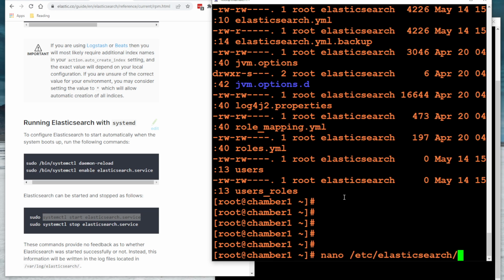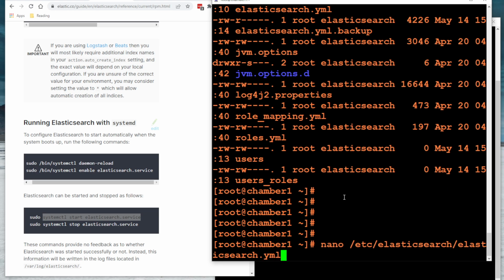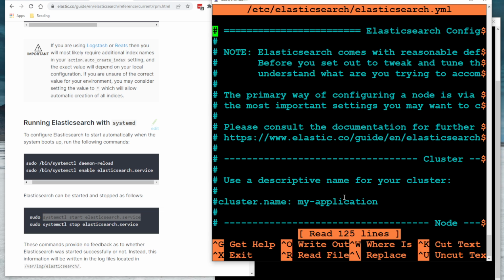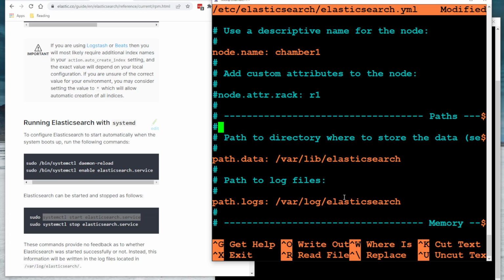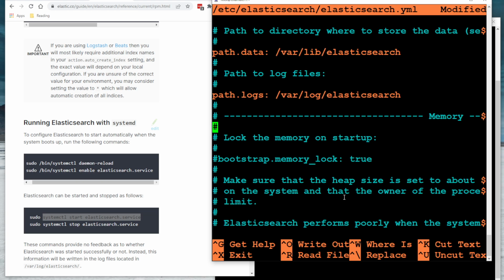And this is where you change the configurations for your node. So the most important ones are the node name. So I'll go down here, node.name. Just call mine chamber1. Later on I'll add chamber2 and 3 to build a cluster. path.data, you can make a custom one here, but I'll just keep the default ones. path.logs, and another important